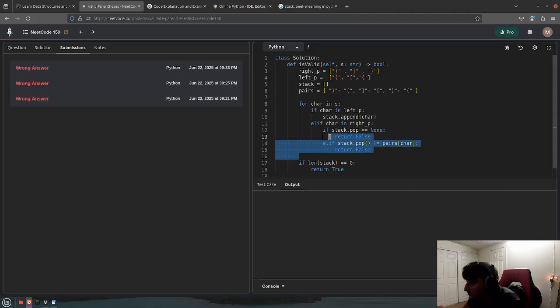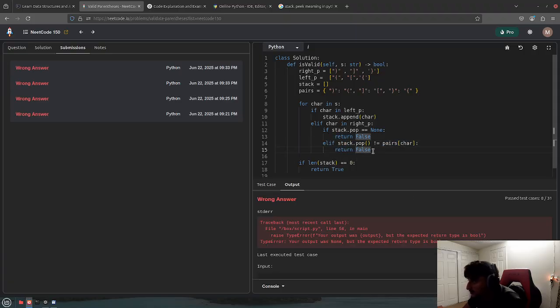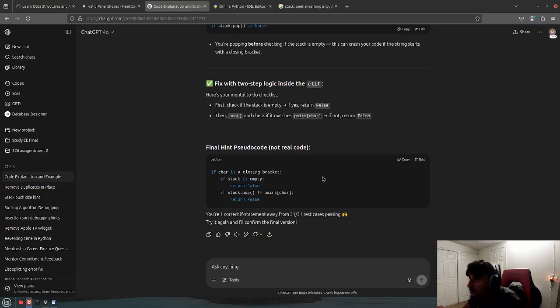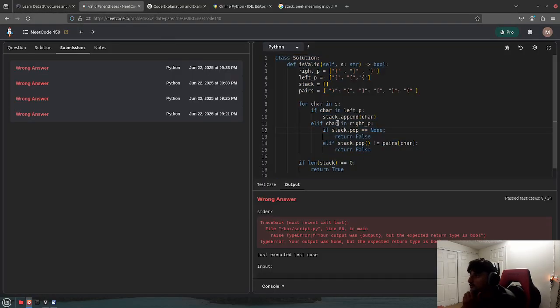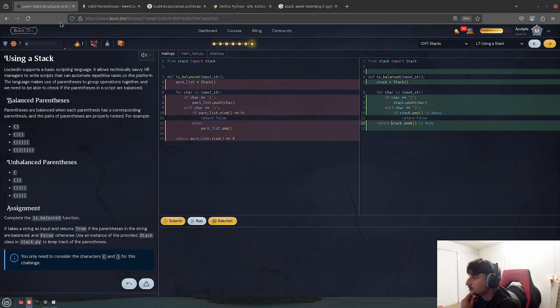The thing is, it's not gonna run. Before I look at this error, let's see if I know. So if character in left P, we're appending that into the stack. Elif, if character is in the right P. So now we're saying it's in the right P. Don't we need like a